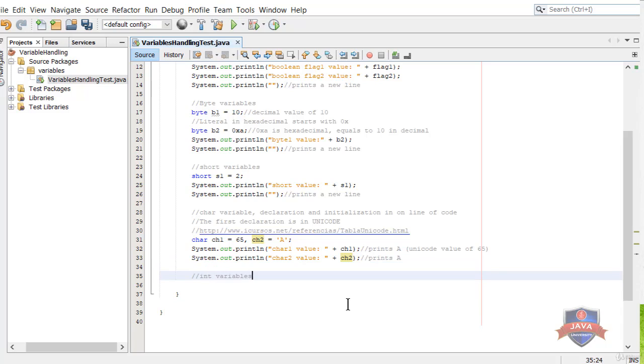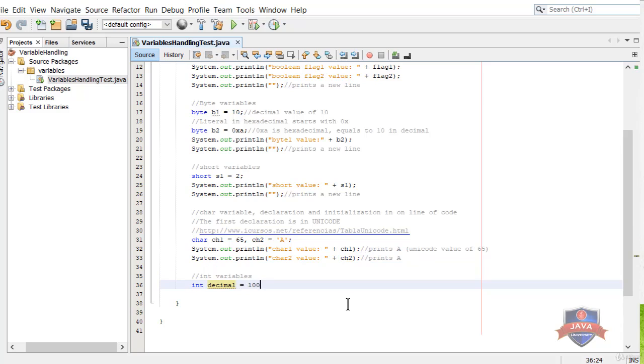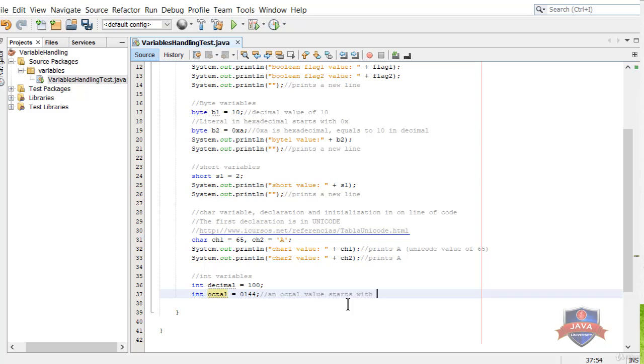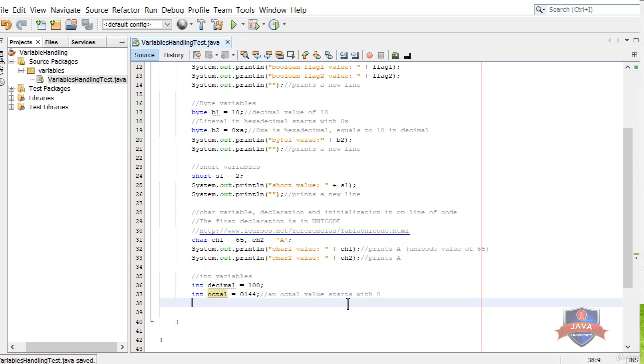We can use decimal values. For example, we can declare a variable called decimal equal to 100. But we can use an octal value which starts with 0. In this case, we declare a variable called octal, which starts with 0, so it's an octal value, and assign a value of 144.